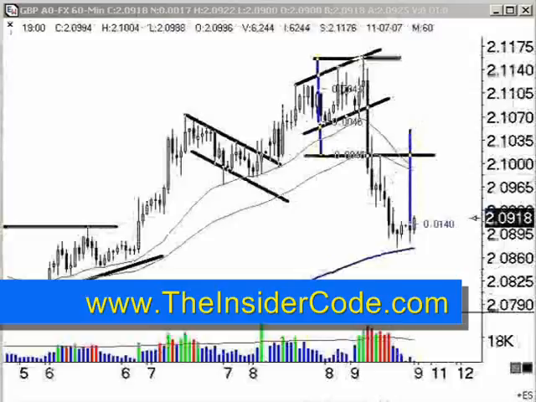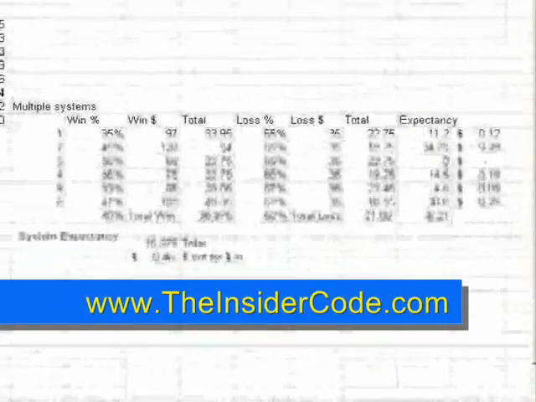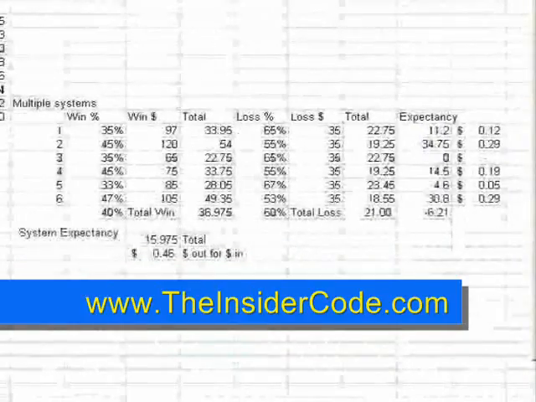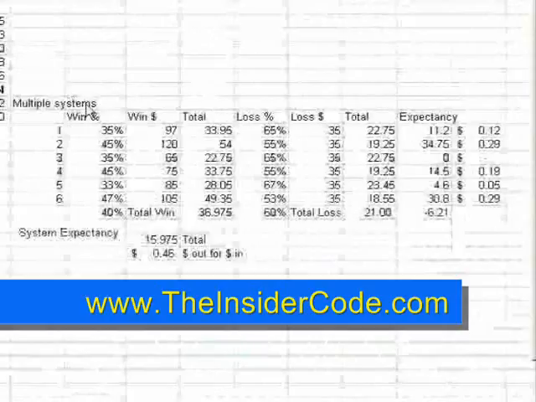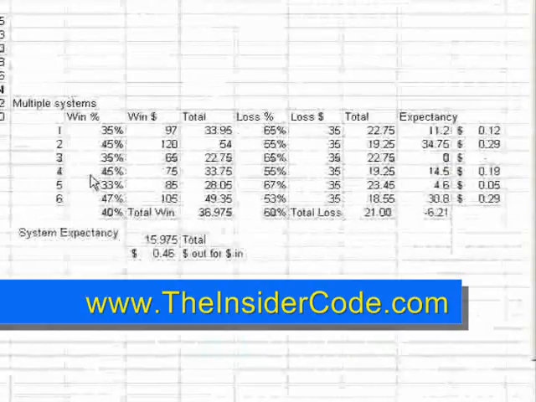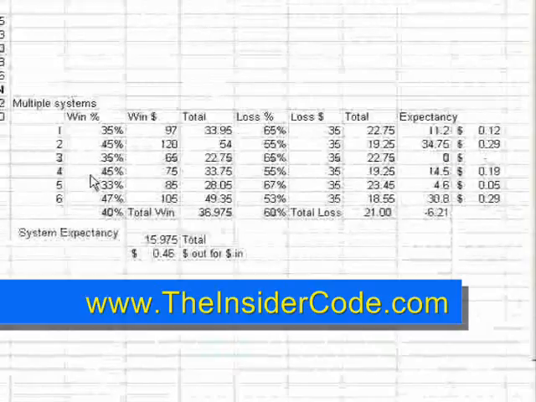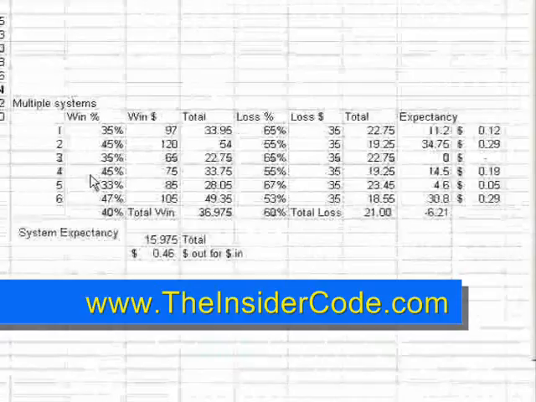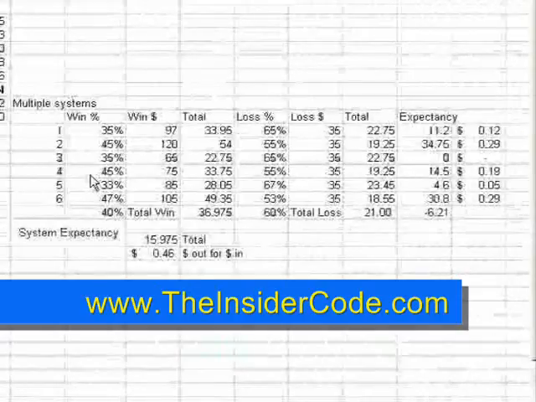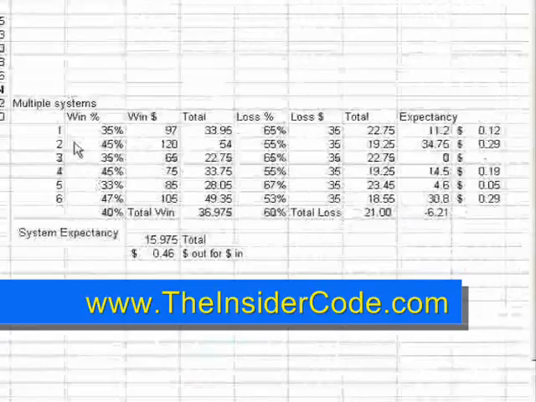Now I want to tie in the second part of that expectancy equation that I did, and this is where we plugged in multiple systems. And maybe some of you were wondering, well, I didn't really get that, and how does that apply to real trading? Well, let's say that over time, you take 6 of these trades. Let's just look at taking this one trade.